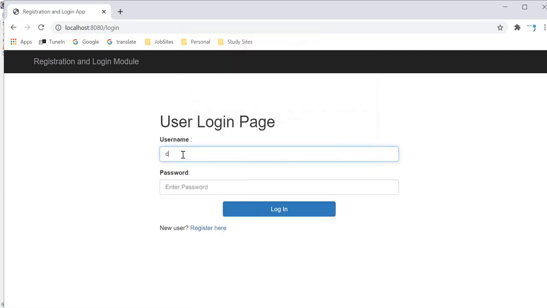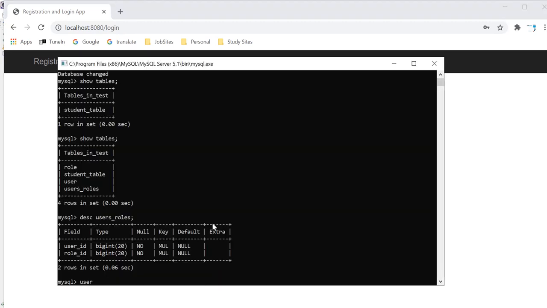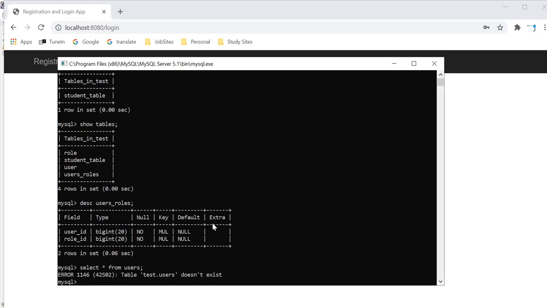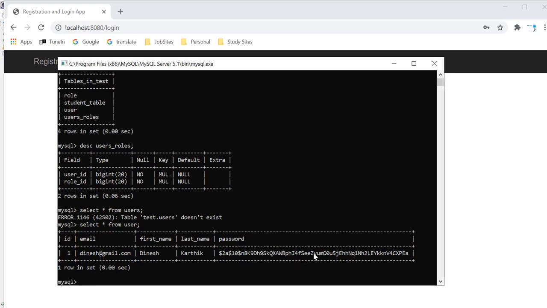If we look at the table of user, sorry, user, not users, the password is encrypted by using the BCrypt encoder. It has a combination of hash values and a random salt value.